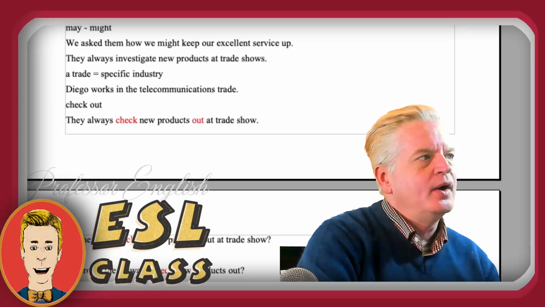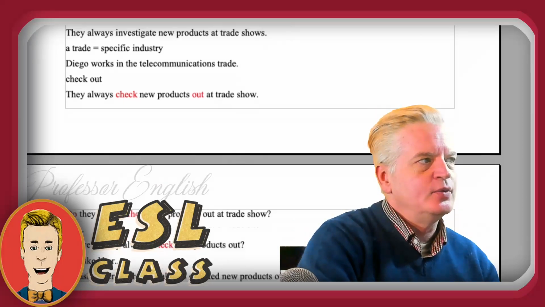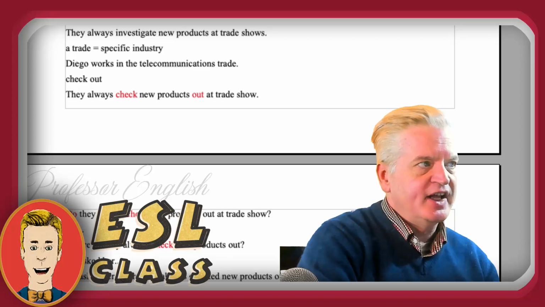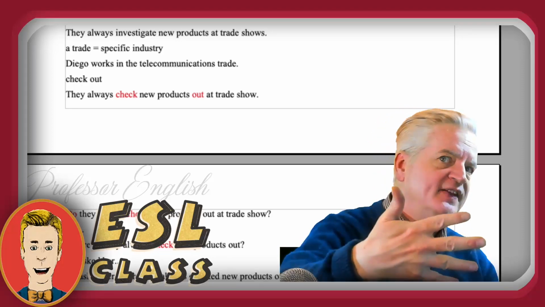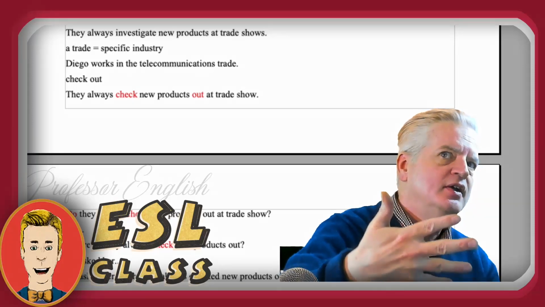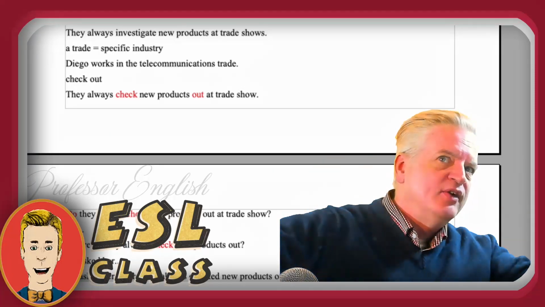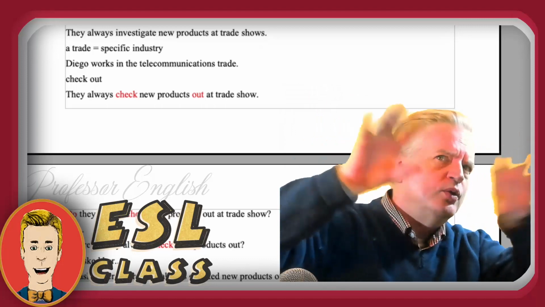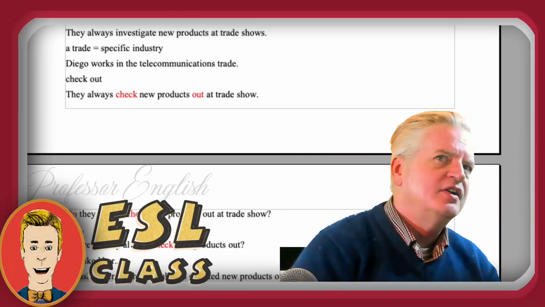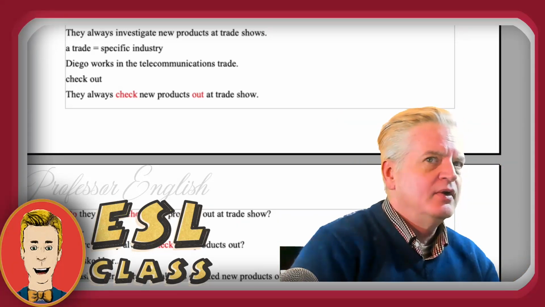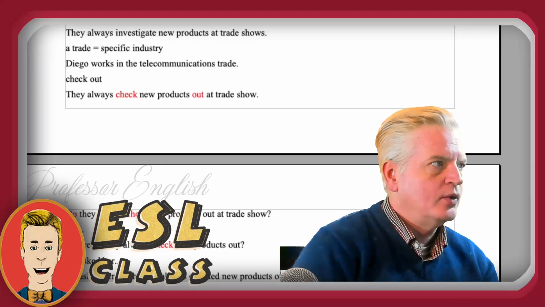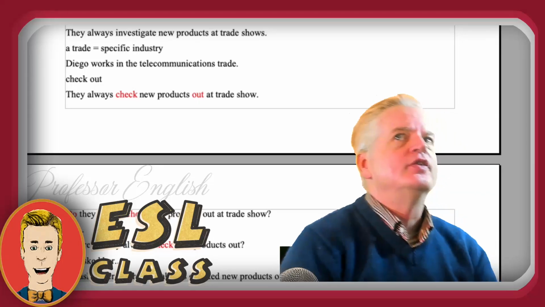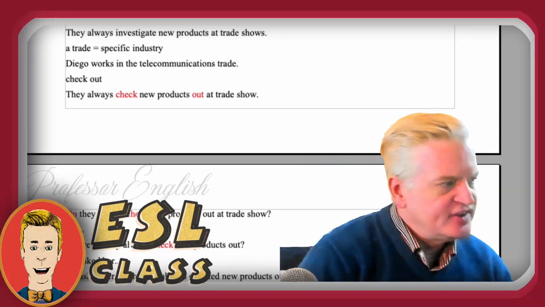Okay, so let's go back to our sentence, which is, they always investigate new products at trade shows. So if maybe they work in the technology industry, they might go to a big building and see all the new latest things that companies are offering for people working in technology, and that is a trade show. What is a phrasal verb, which means like investigate